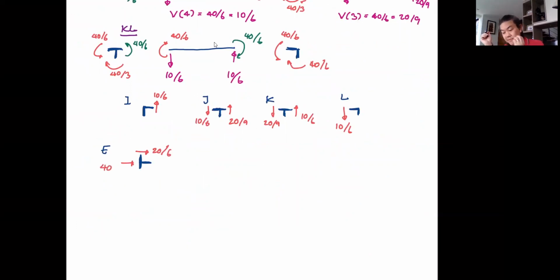Okay. 40 is the external force. So now you know this has to be equal to how much? 40, that's 20/6 is 10/3. So if you make that 3, so it's 120/3, right? Minus 10/